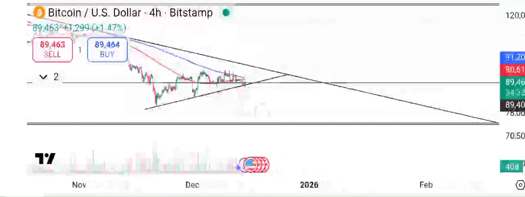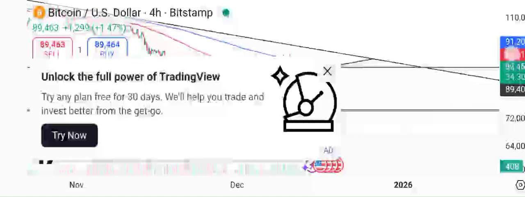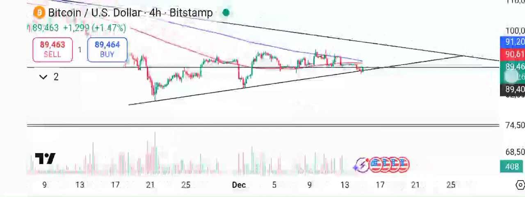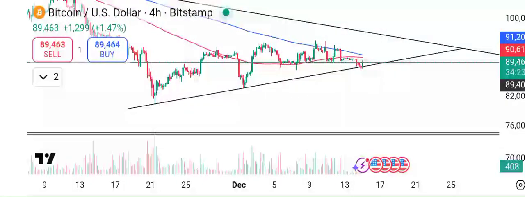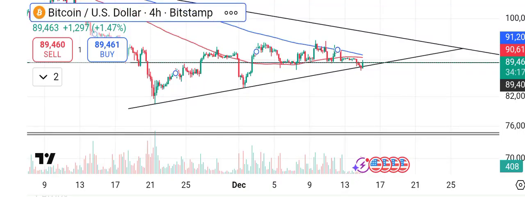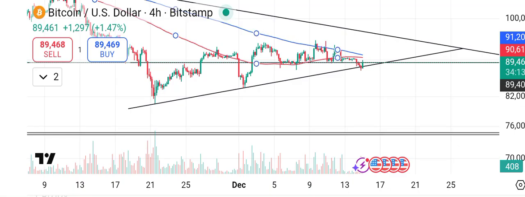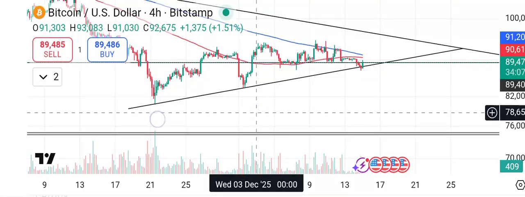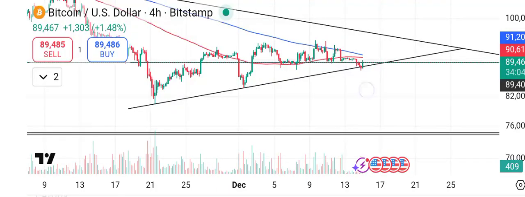So now what do we have here? We have an ascending support line here. This is serving as a support towards the descending resistance, and on the support we have a first touch here, which is a low, a high here, a higher low, which is a second touch, a higher high, and then we have a higher low here, which is the third touch.